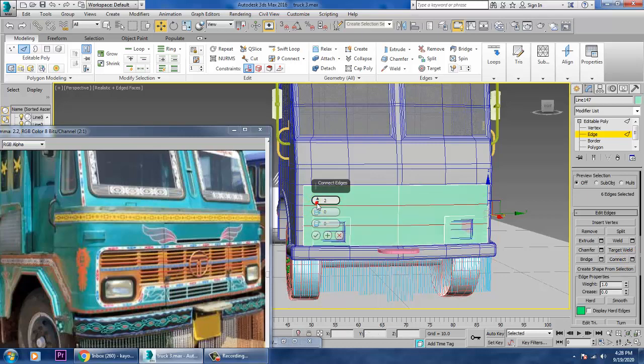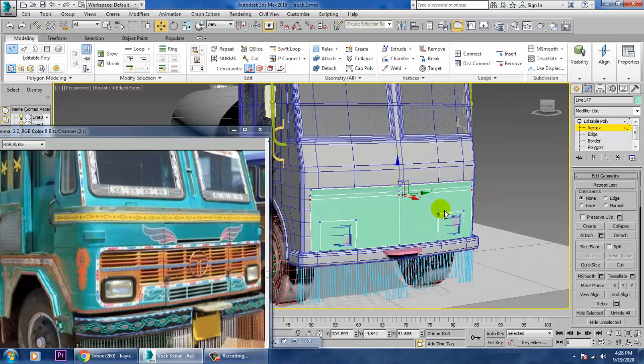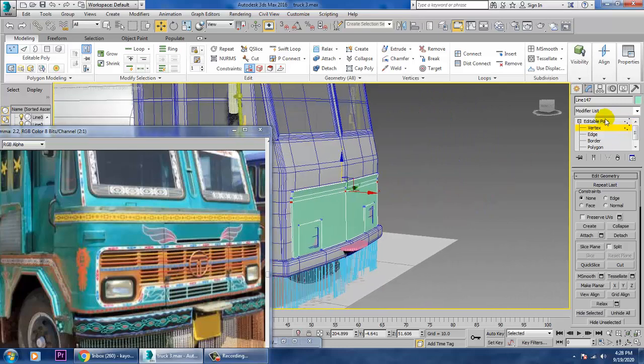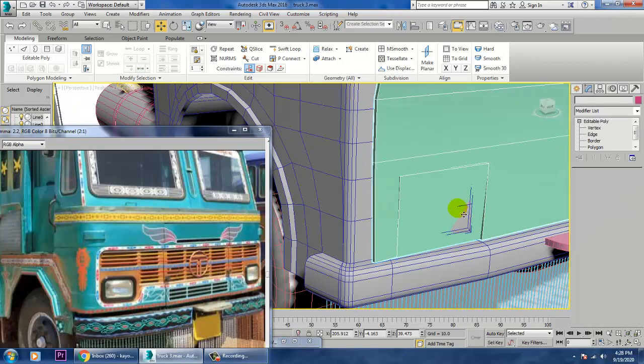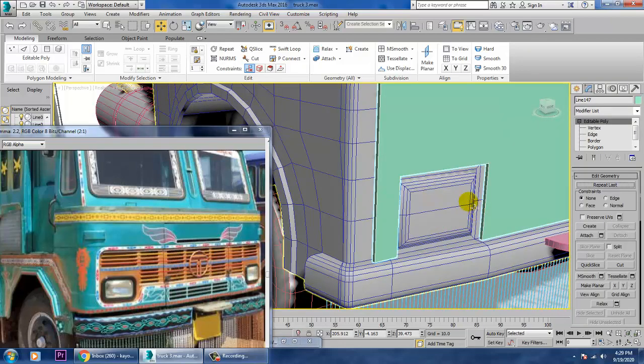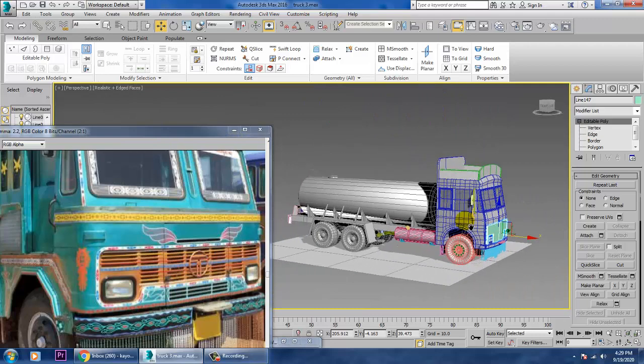So let's use connect and push this up, scale this, push it up. So definitely we'll be coming up with those details over here. So just keep on saving your file over here again.